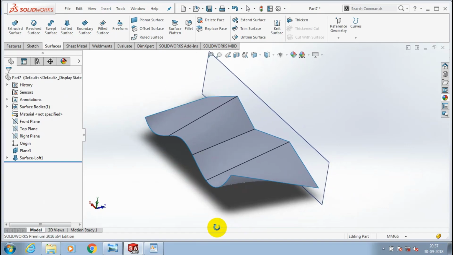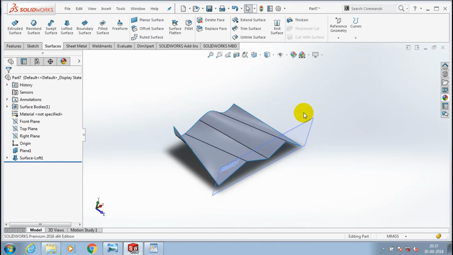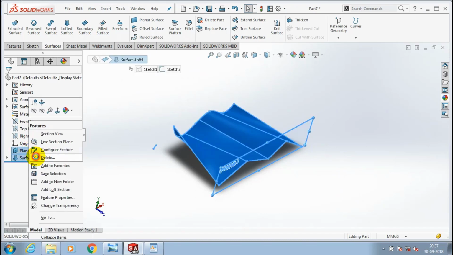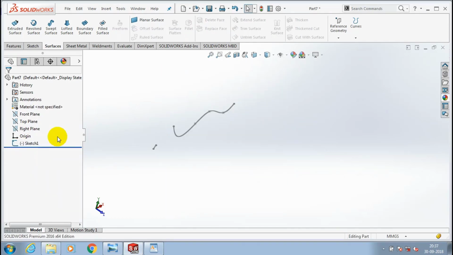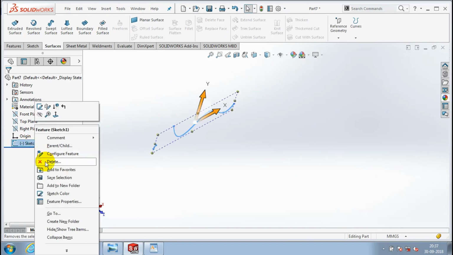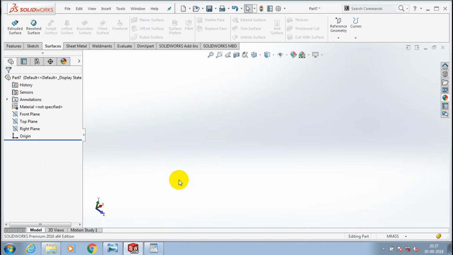You can also make a more complex shape by using a loft surface. Just delete this command and let's move on to another command. Delete all those things here. The next command we are going to discuss is